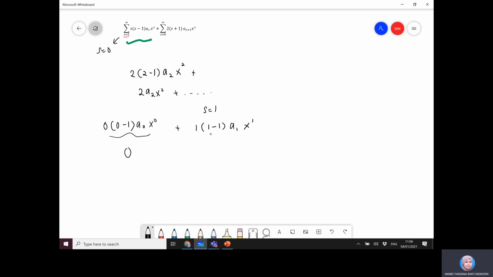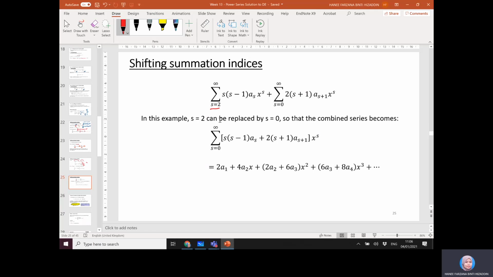So this term also, because 1 minus 1 is 0, so everything will become 0. And then when s equals 2, you have this term here, 2a2 x squared, and so on and so on. So in this particular example, for the first term, it doesn't matter if you start from 0. You don't really have to shift anything, because even if it starts from 0, you will still start the series with 2a2 x squared. So that's why in this particular example, s equals 2 can just be replaced by